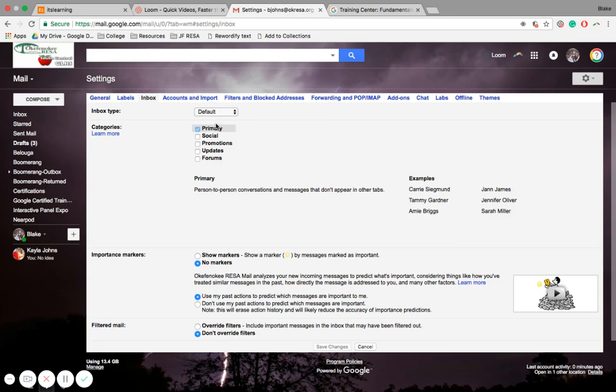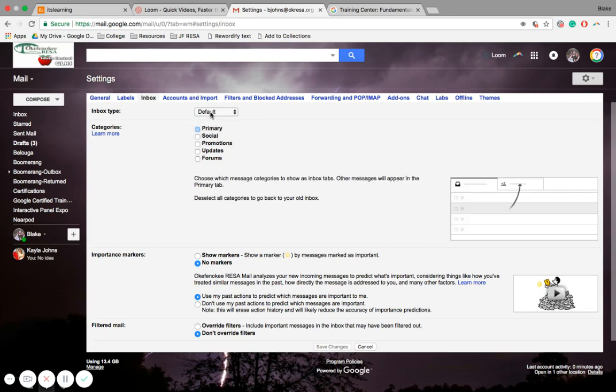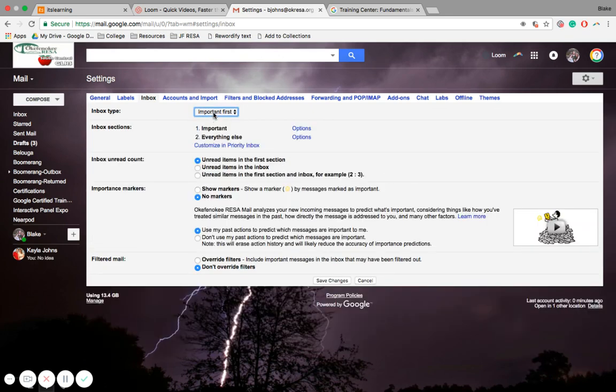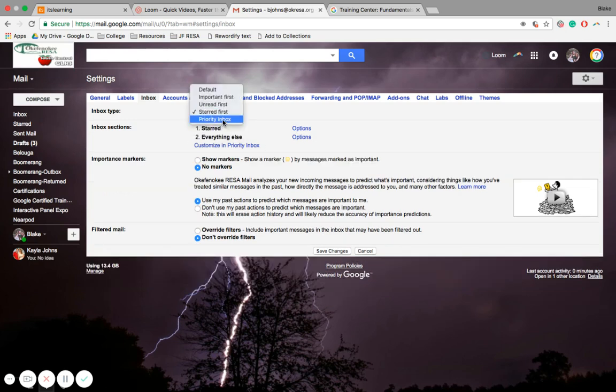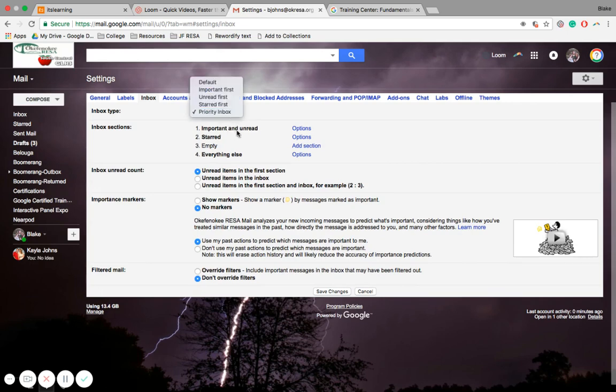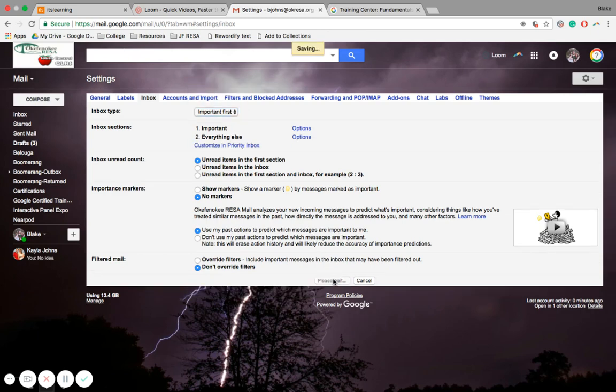and by nature it's select the default, and this is the way mine looks, but there's a couple things you can do. You can change it to important first, you can change it to unread first, starred first, and then priority inbox. And we'll look at priority inbox last. The first one is important first. So if I click Save Changes,